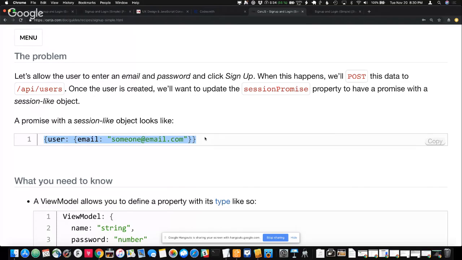LinkedIn. We've been using also Glassdoor. I don't use Glassdoor. I only use Glassdoor to see what